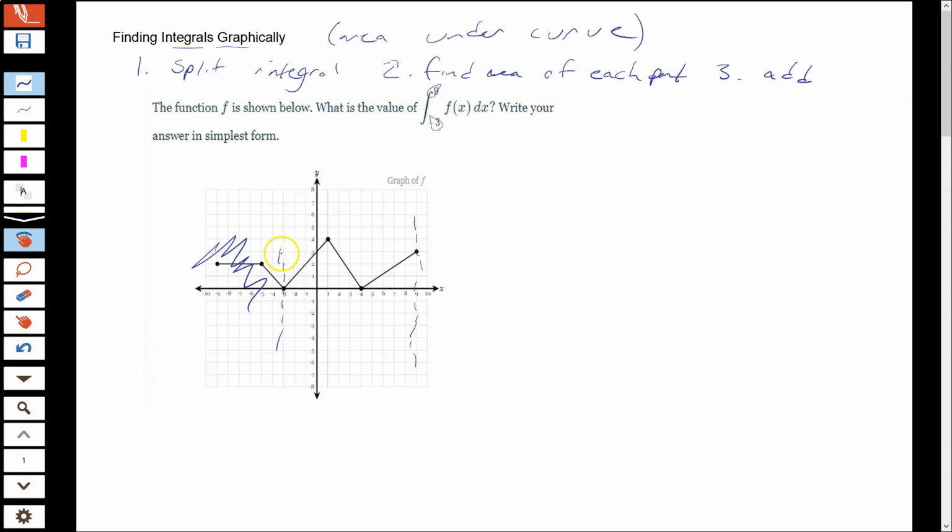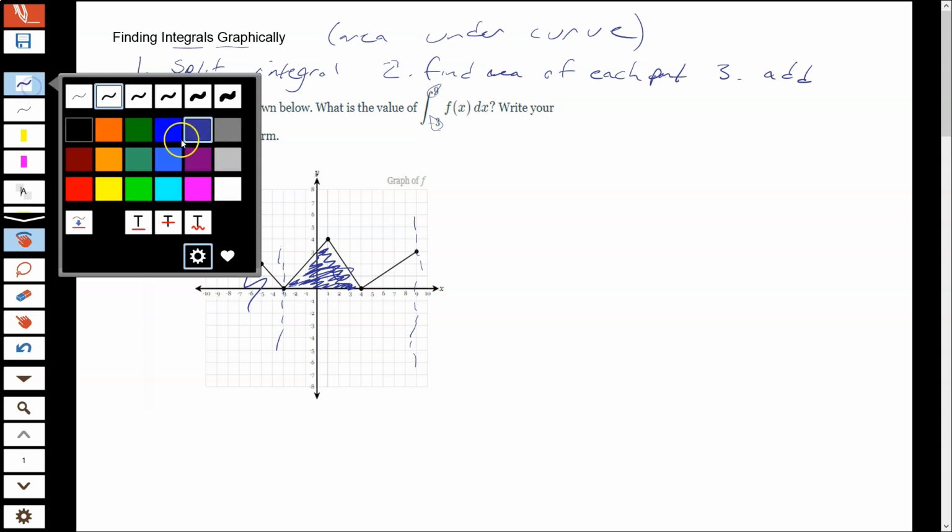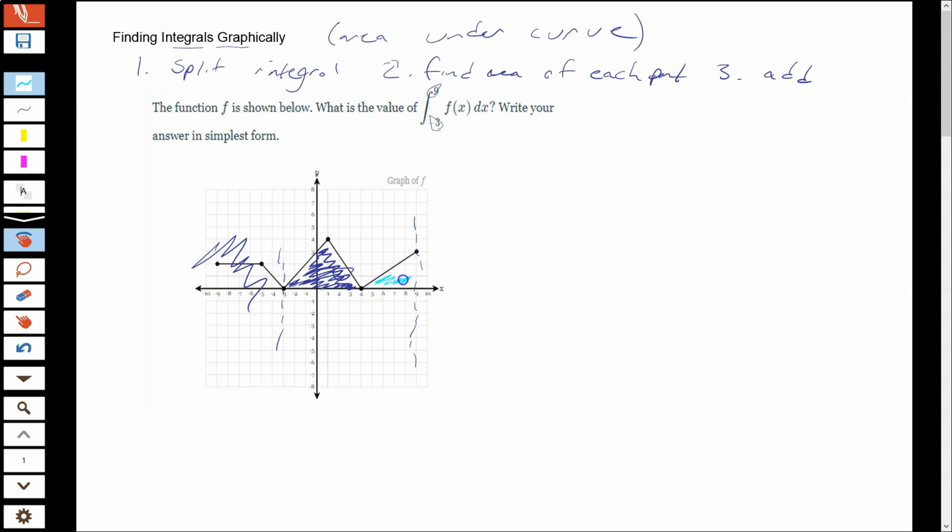So remember, the integral is the area under the curve. So we have two triangles in this particular case. So what we're doing in this lesson, we're using your area formulas that you've known and used throughout your math career. Okay, so I've kind of split my integral up. Let's make it even more specific. So my original integral,